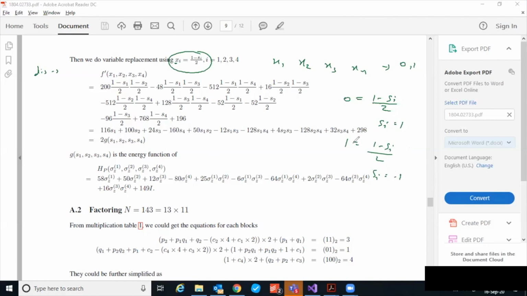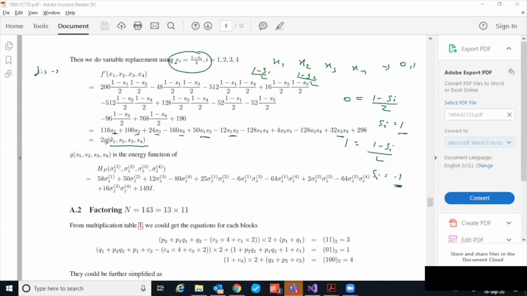You can try doing it yourself. Basically, from 0 and 1, we are going to plus 1 and minus 1, to convert it into an Ising model. So instead of writing x1, we will write 1 minus s1 by 2. For x2, we will write 1 minus s2 by 2, and we do that for each of x1, x2, x3, x4, and we come up with another polynomial with s1, s2, s3, s4, and multiples of those terms. So now our prime factorization problem has been converted into an Ising model, and this function.